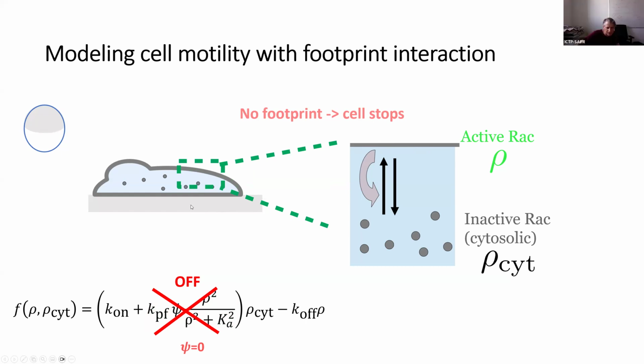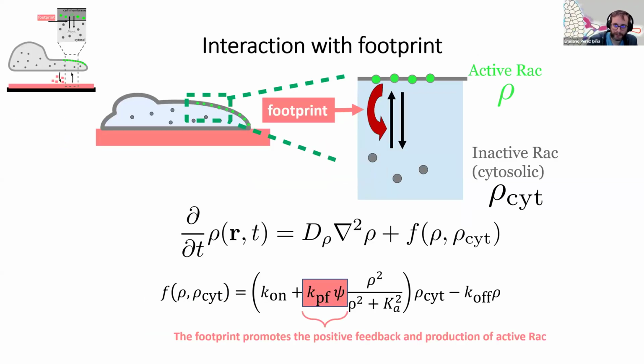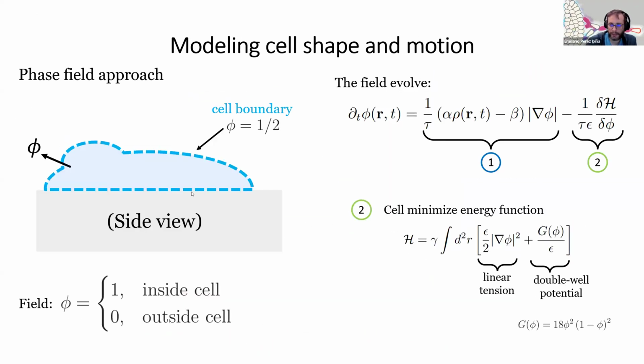Okay. The cell size, right? There's some area of the cell. I couldn't hear very well, sorry. The cell has a finite area. Yes, it has a finite area. Some part of the cell might be on a footprint, some part may not. That means that if we go back to this equation over here,